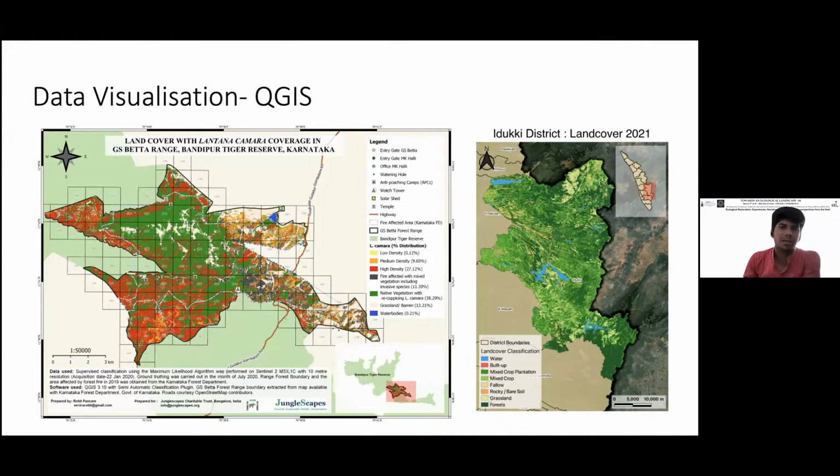So it's extremely important to design the map and make it legible, readable and easy to understand. So data visualization, again, both these maps are created using the QGIS software.